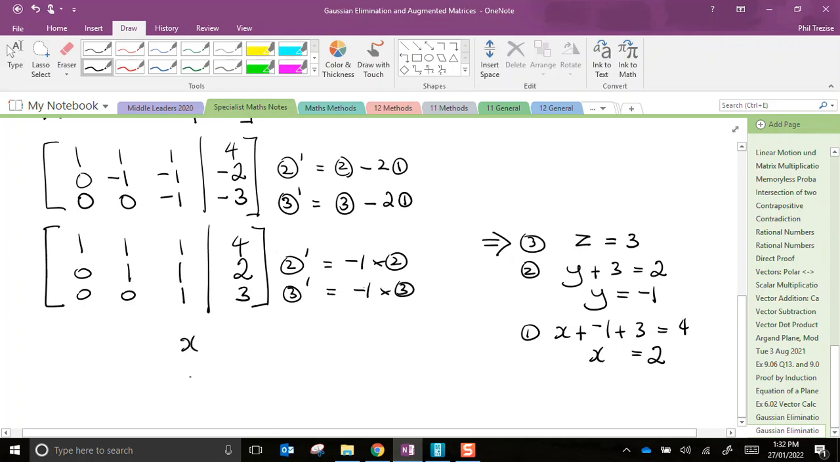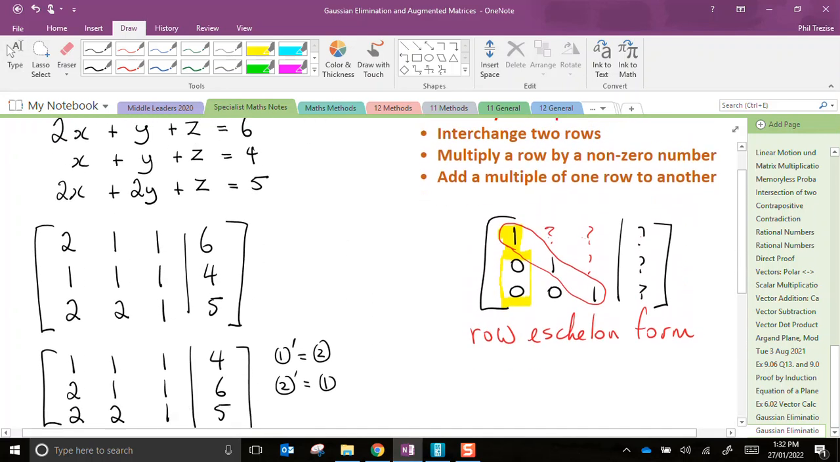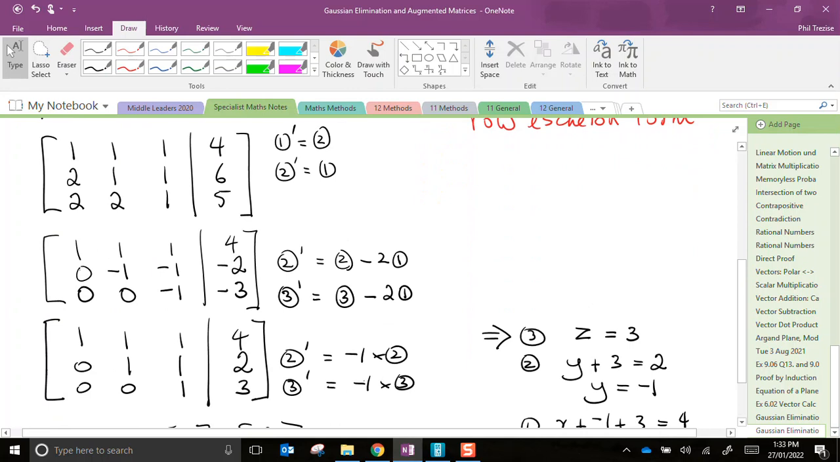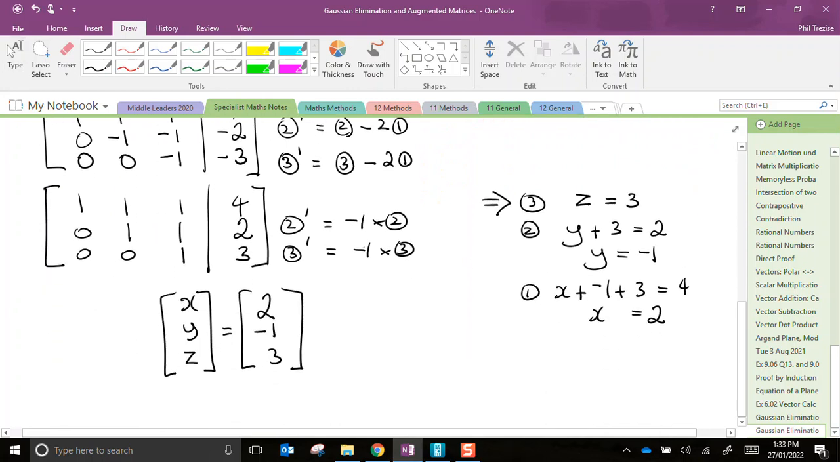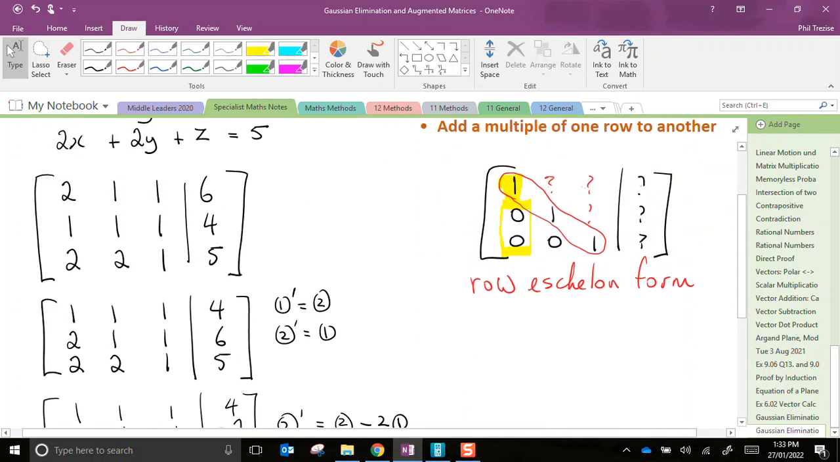My values for x, y, and z, I write as a vector: x was 2, y was -1, and z is 3. So that's how we go about using Gaussian elimination on an augmented matrix. The setting out is so much more compact than when we were writing all the equations out, but it is the same process. Now, the strategy, remember, is first get that leading one in the first row, then get the